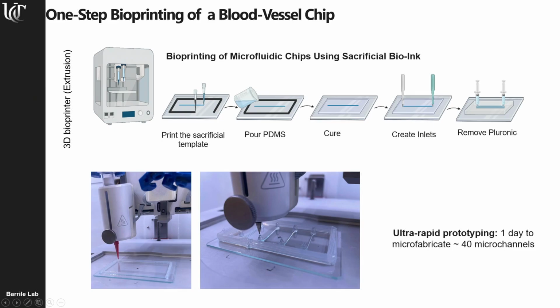And secondly, we can use sacrificial materials such as Pluronic, a method previously published over 10 years ago by the group of Jennifer Lewis at Davis, as in the picture on the right. In that way, we can literally print channels made of Pluronic that are then coated with PDMS. The PDMS will cure and the Pluronic can be removed easily. So you end up with this hollow channel that you can seed with cells when you're ready. This technique takes about an hour, and so in an hour or less we can test prototypes. You can imagine that the same day we can test a number of different interactions and optimize our device,